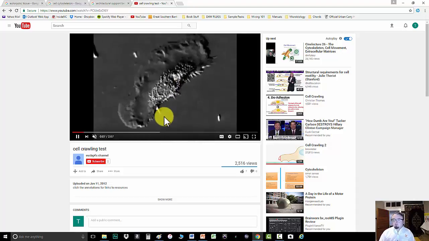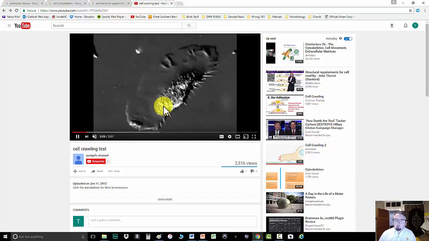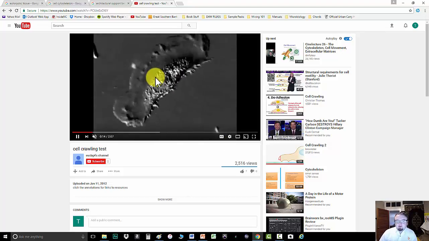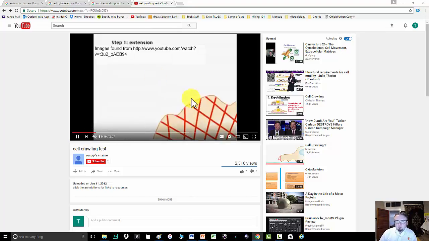Hard to see all that. Life is really complicated, and this is taking place really fast. But that's actually what's happening on the microscopic level. You're actually seeing, this is kind of from the same source here, those extensions followed by contractions that are taking place in real time.